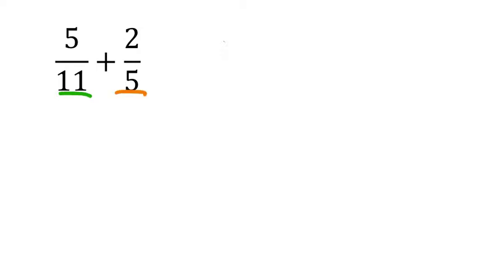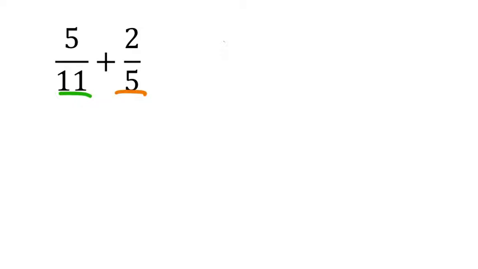Now, you can use prime factorization. I mean, there's no factorization with 11 and 5 because they're already prime. So perhaps that would be a good method to use on this one, but I'm not going to do that. There's not a lot of students that like that method, although I may show it in a future problem,